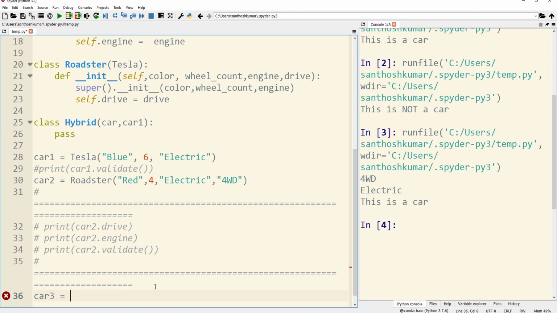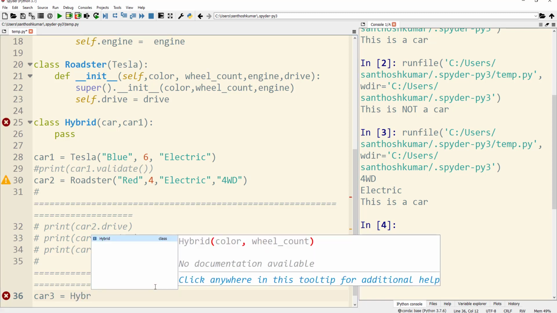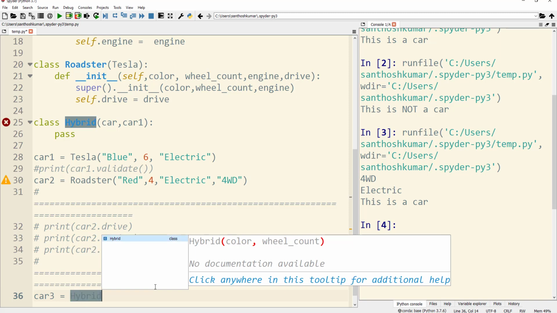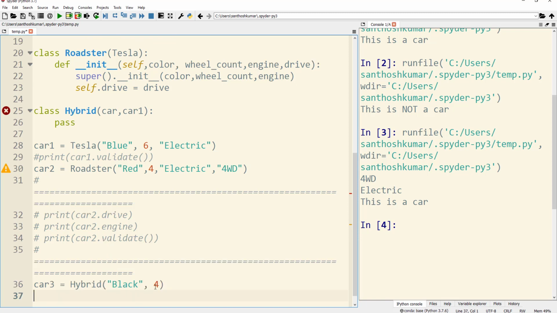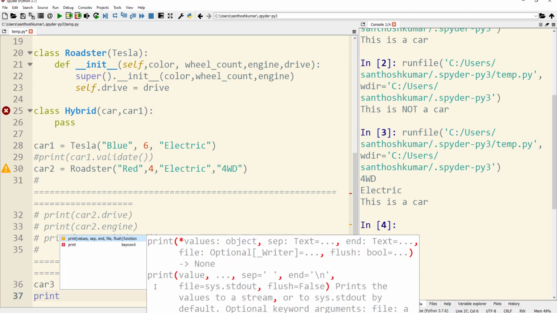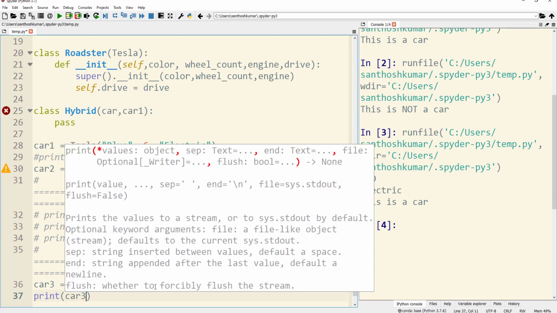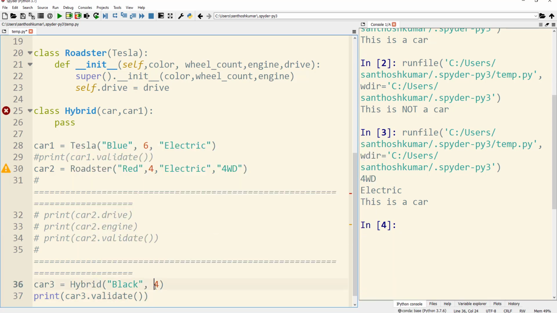I am coding car3 equal to hybrid, and passing the parameters black and 4. Black is the color and 4 is the wheel count. These two parameters come from the car class.